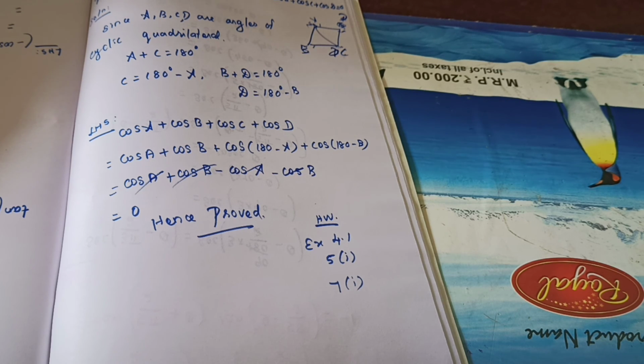In our next class, we will start from the 7th problem second Roman. The reason is, I gave the first Roman as homework, so if you complete the first Roman, it will be very easy to start from the second Roman. Understand, students? So you complete up to the 7th problem first Roman. I think within one class we will complete this section and move to the next section. This trigonometry has 4 exercises. So take down everything to your classwork and learn every day's portions.